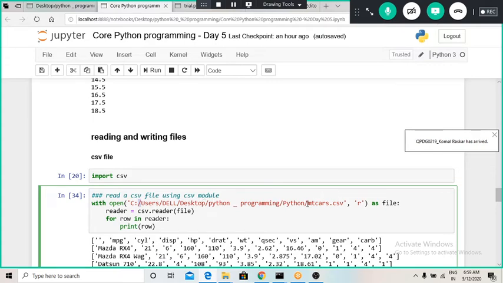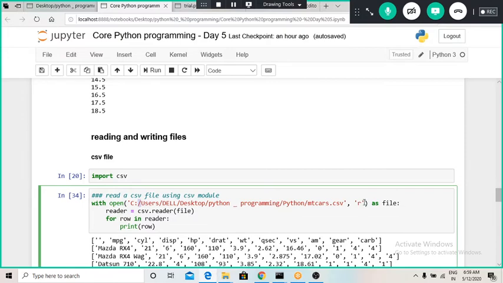Then you have to give whatever file you want to import. Now we are going to import that particular file. For importing, we have to press this R command over here. If we are going to dump that file, that means write that file, then we can use W over here.